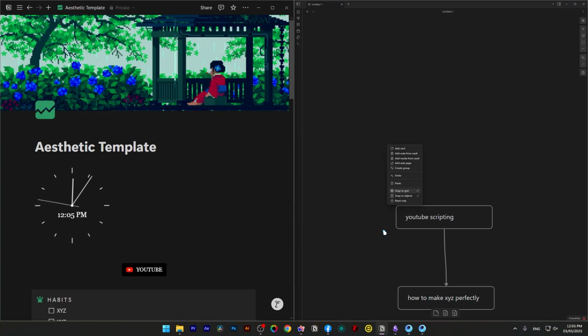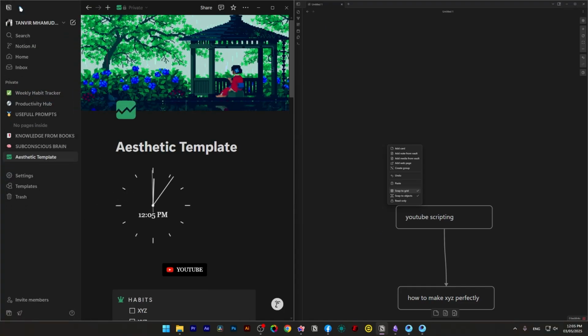So let's talk about teamwork. Notion is built for teamwork. You can share pages, invite teammates, manage project boards, and it's made for teams. Obsidian is not a team tool. It's personal. You can hack collaboration with Git or shared folders, but that's not what it's built for. If you're building a startup, managing clients, or even running a team, Notion wins easily. But if you're a solo creator, writer, or researcher, Obsidian is a nice fit.